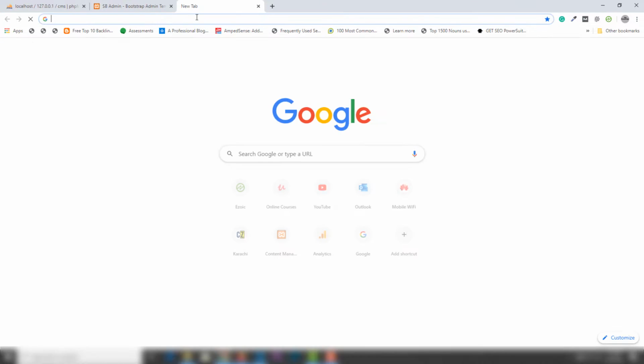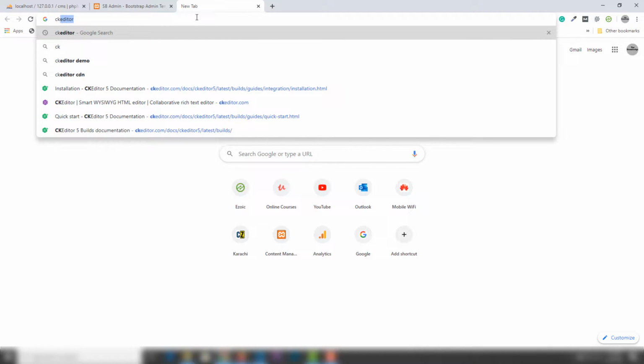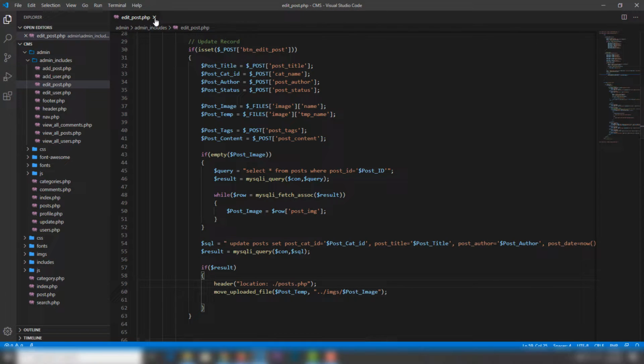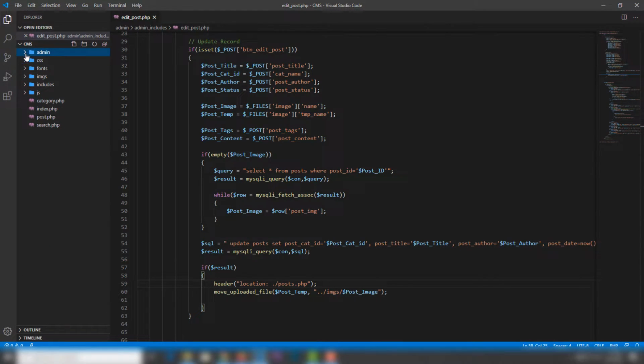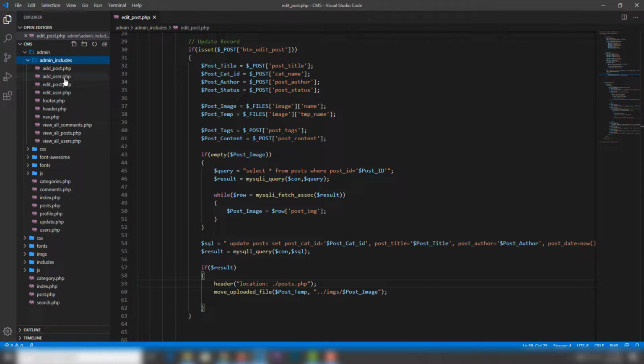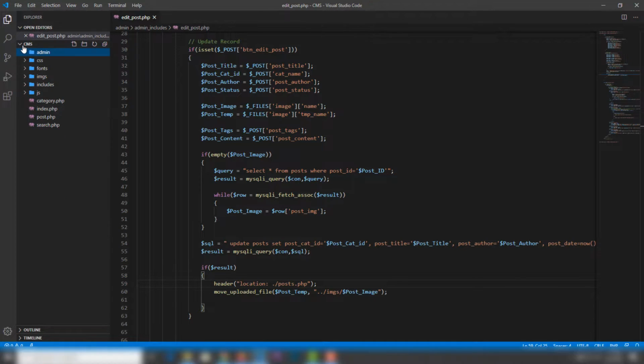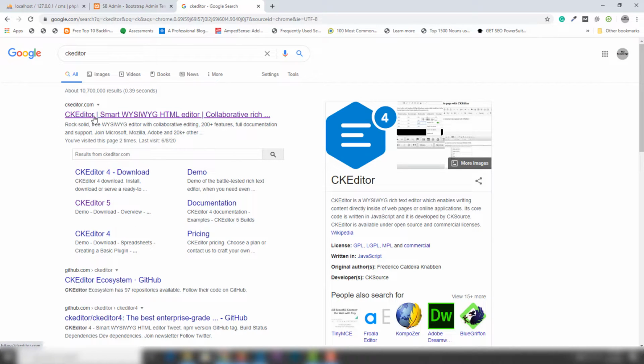So first thing, you need to go on Google, and you can also search the CKEditor inside the search bar and hit enter. Once you search the CKEditor, then you need to, just a minute, I'm gonna open my file, admin includes, and edit underscore post, right? Open this one file. So the first link has been appeared, CKEditor.com. You need to open that,